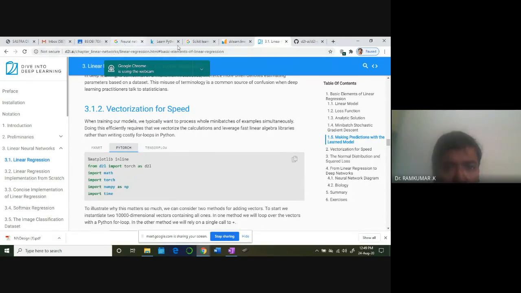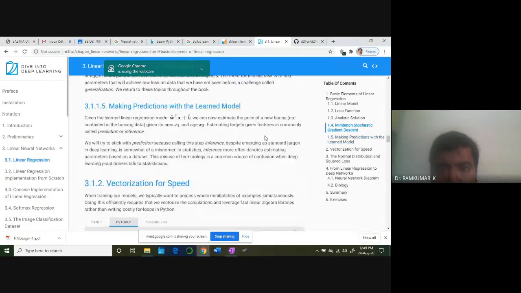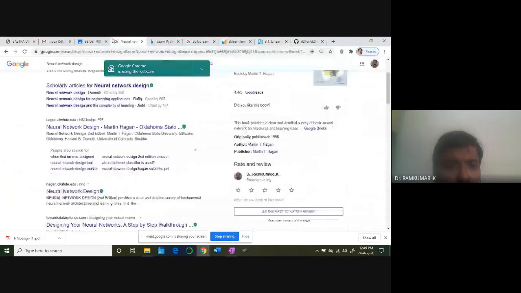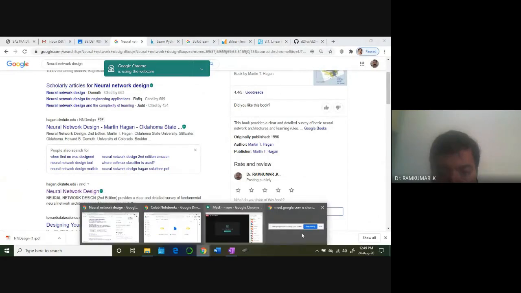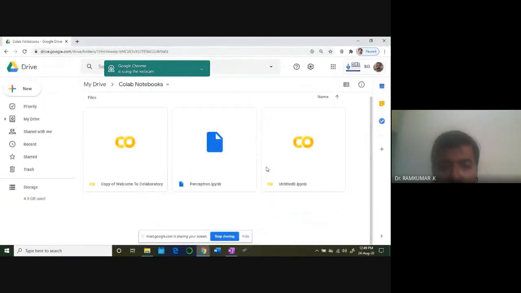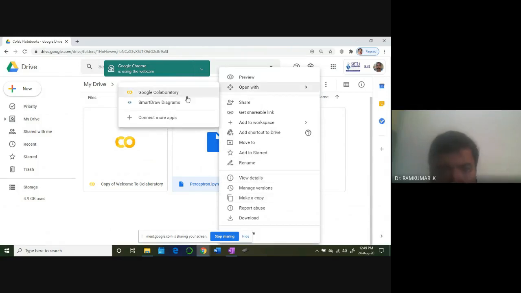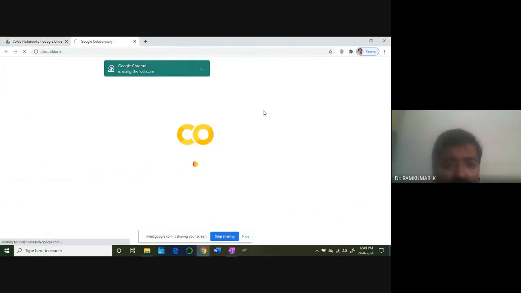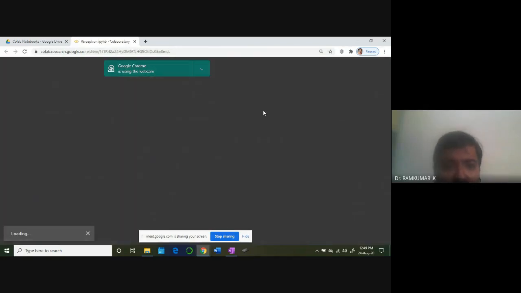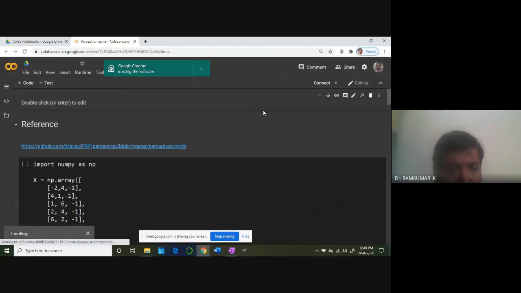You can use it in your Google Colab also. That's a permission given to you. You can copy the code and directly connect to Google Colab. You know how to connect to it. For example, in Google Colab, you can copy that code and then run it. Open with Colaboratory. You can store it in your Google Drive, and from there directly open it in Google Colab.